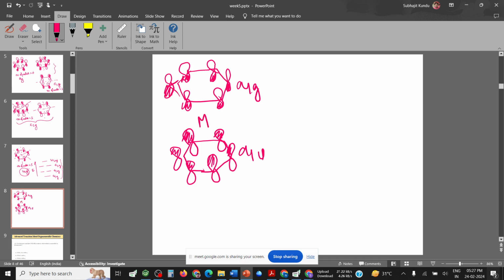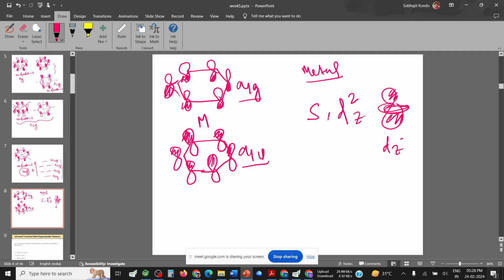So this is our interaction for A1G and A1U for the two-arene system, and the orbitals which perform interaction with these are the metal orbitals. So the metal orbitals are s and d z square, so these two orbitals